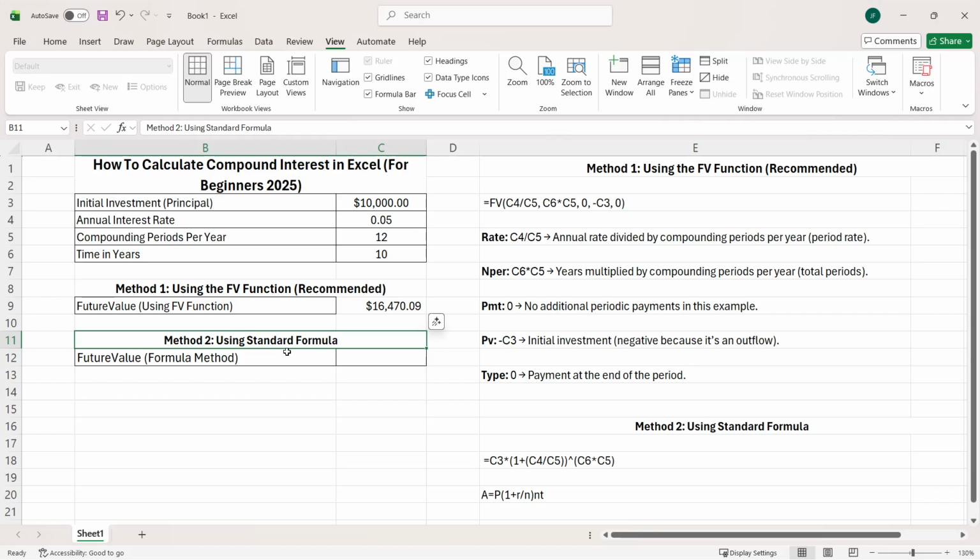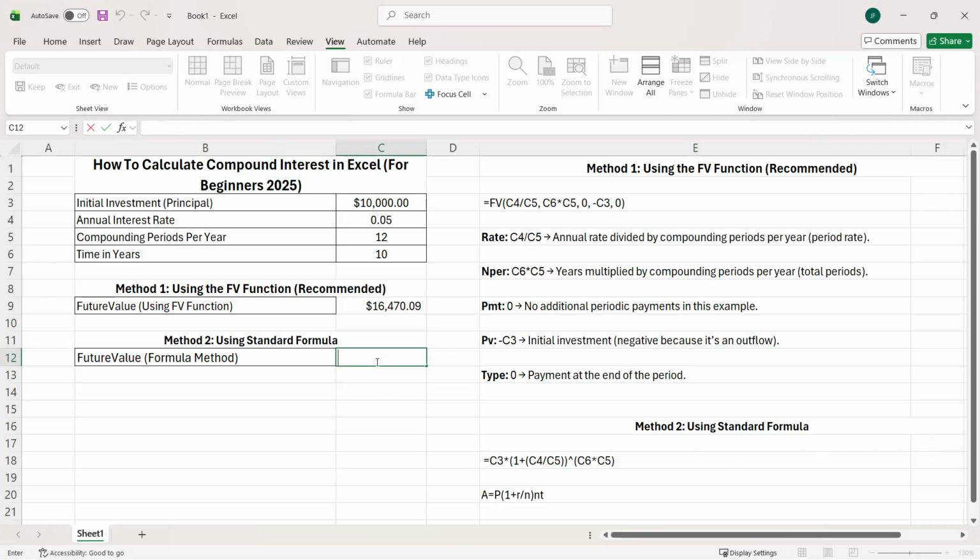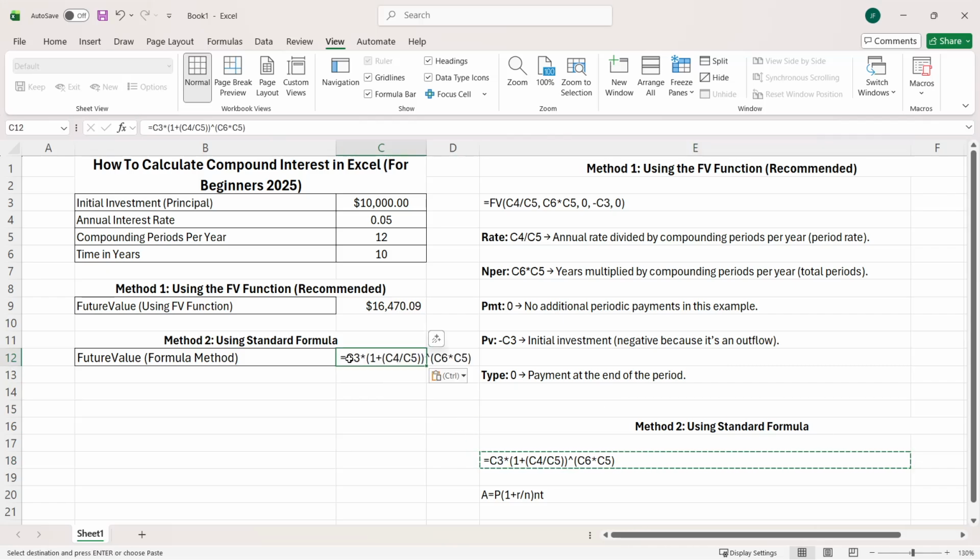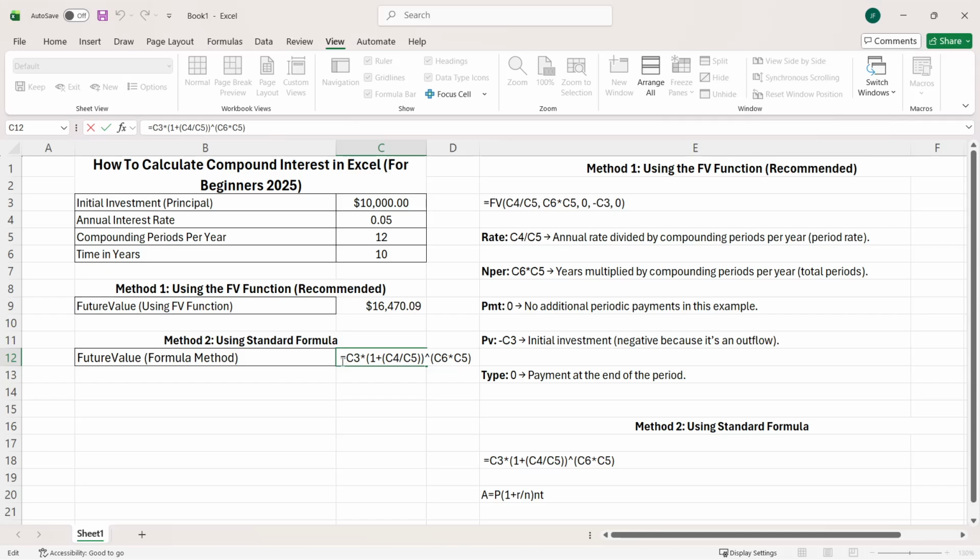In a new cell, type =C3*(1+C4/C5)^(C6*C5). Again, you'll need to input or refer correctly to the cells you've set up with your investment data. Here, C3 represents your initial investment, C4 is your annual interest rate, C5 is the number of compounding periods per year, and C6 is the time span in years. This formula will also yield the same result of